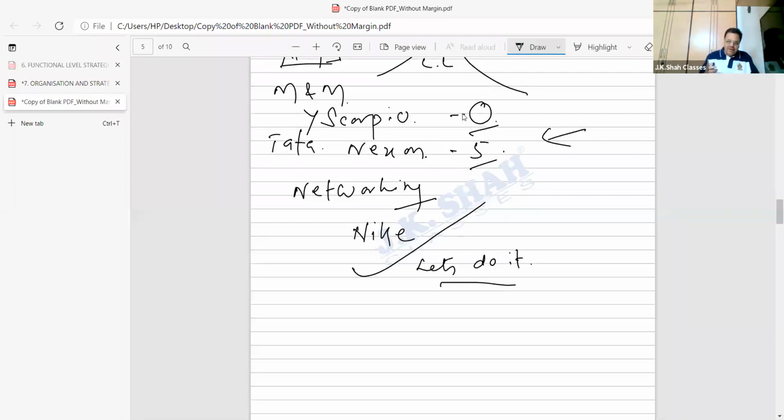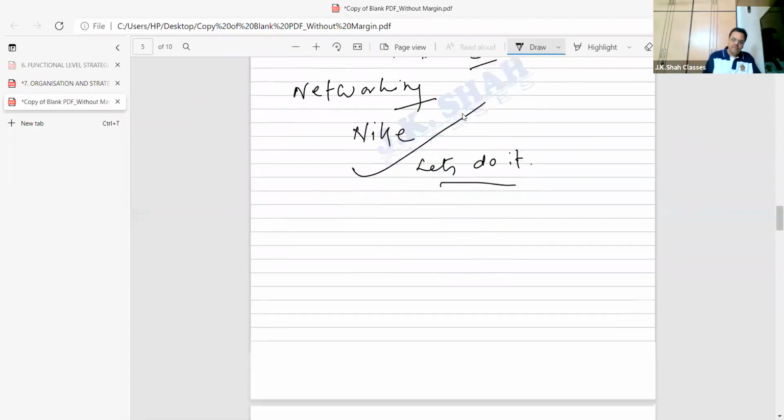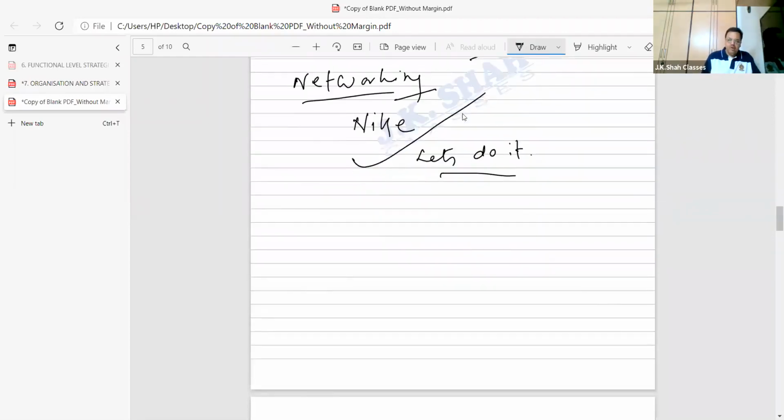So Nike then said, now we want to set up our business in India. Why India? The question is, why not India? India is the second most populated country in the world. 100 crore people was the strength at that time. So they say we want to start our business in India. Now, beta, imagine an American company.